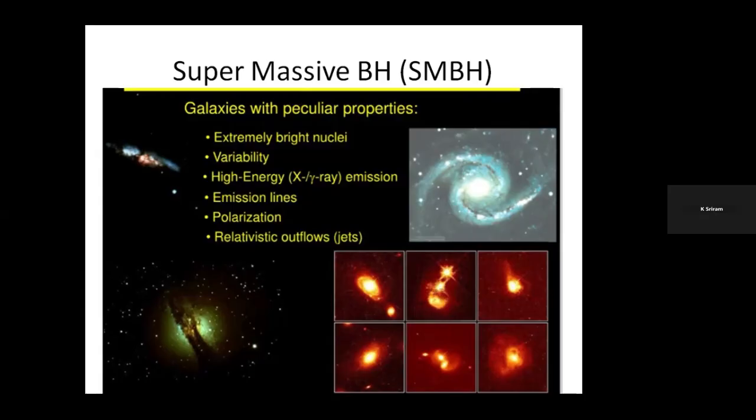Now, how did they come about? What is their formation mechanism, at what redshift did they form, when the universe was young? What is the age of the universe when these supermassive black holes form? All these are open questions. Nobody exactly knows. Some people say that they are primordial black holes. Primordial means they already existed in the universe, and somehow matter came to them, and all this galaxy formation came into the picture. But exactly we don't know.